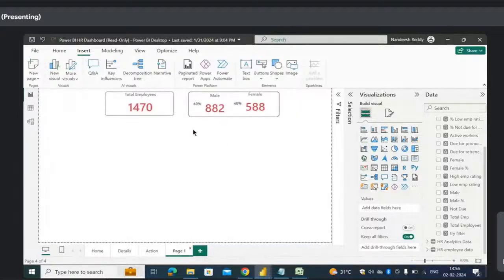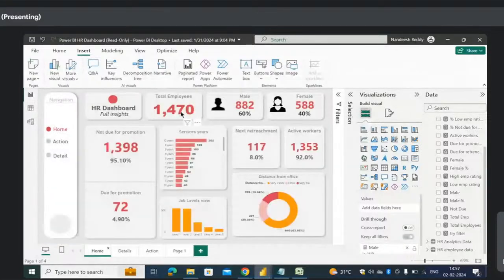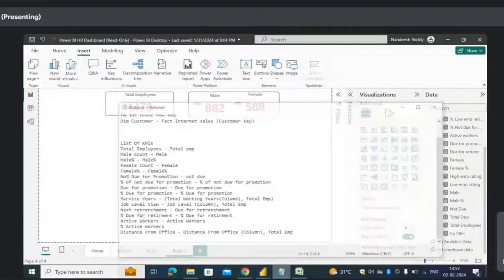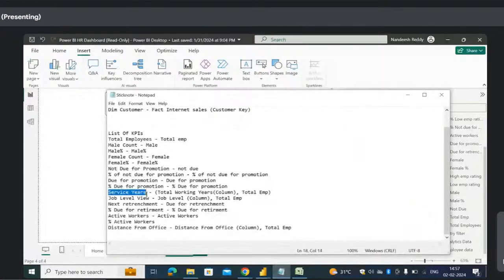Here we are keeping it very simple, so we are not importing any images. We have built total employees, and we have male and female count. Let's go ahead and build something like service years. We have service years as well. Let's go ahead and see a specific